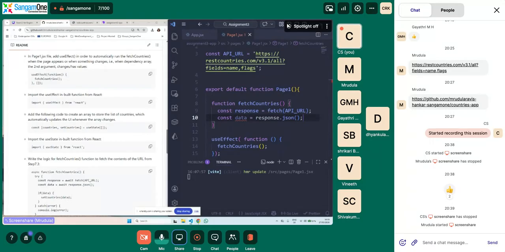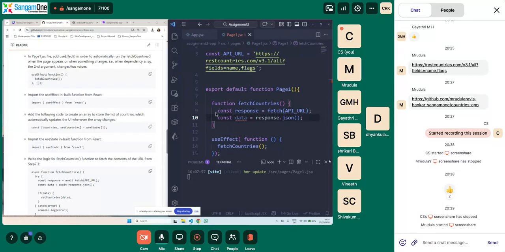Is it the correct way to do it, or we converted into JSON? No, normally what happens is since it comes in the form of arrays, we normally convert it into JSON. I see. Yeah, we are telling our compiler that this needs to be done in JSON.